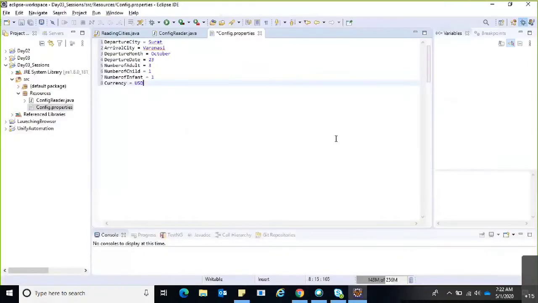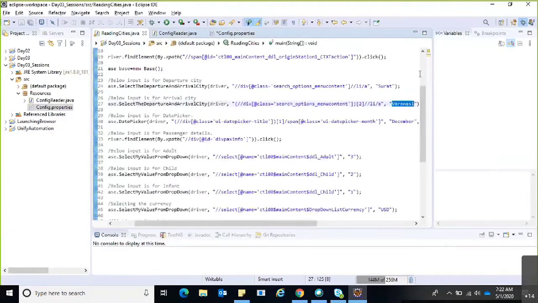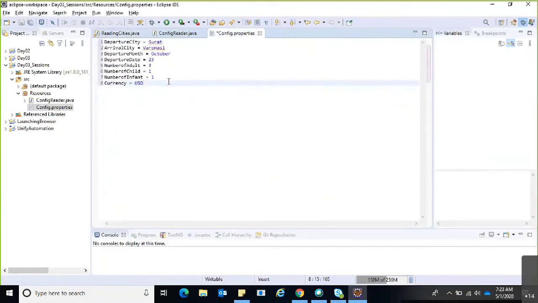So for anyone, even a client who doesn't have coding knowledge, it is very easy to come into the property file and change the details like this, instead of changing all the details in the class file. It is a very suggestible method to have all the data in a particular file.